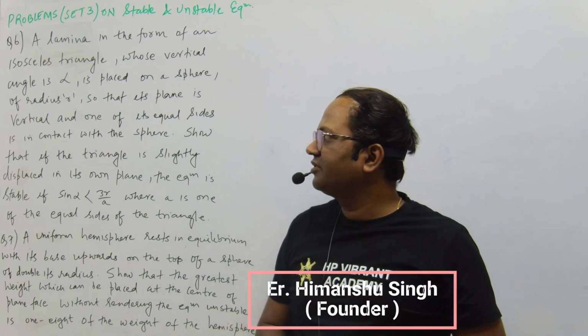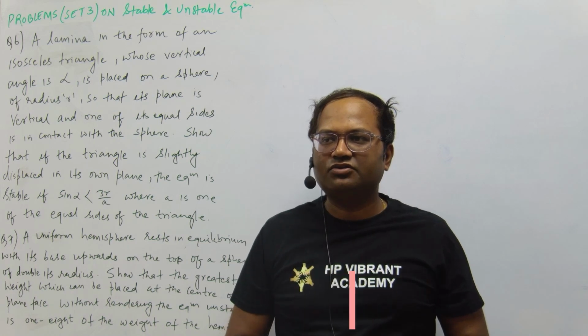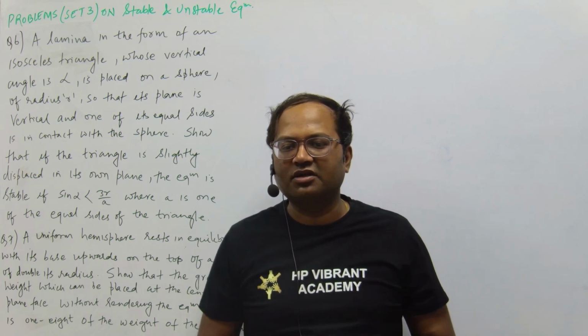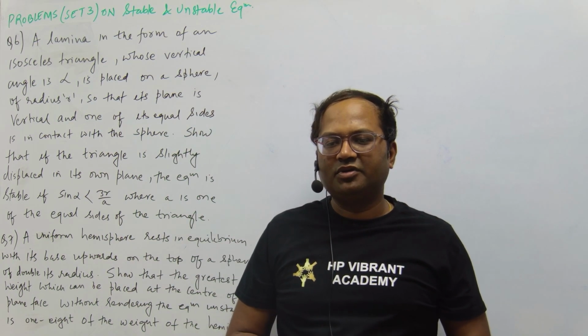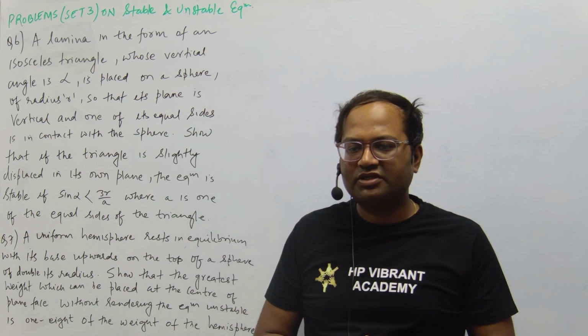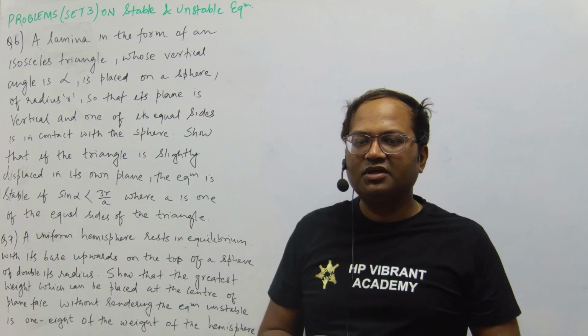In the last lecture we have discussed up to question number 5. So we will discuss question number 6 onwards in this particular lecture. Basically we are discussing the problems on the stable and unstable equilibrium. What we have seen in the previous set of lectures is that the basic condition for the stable and unstable equilibrium is